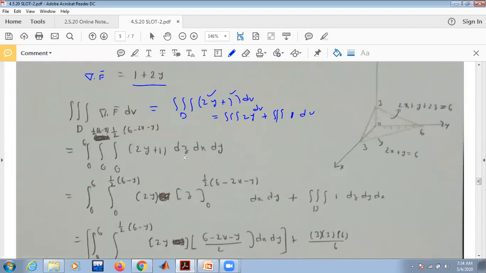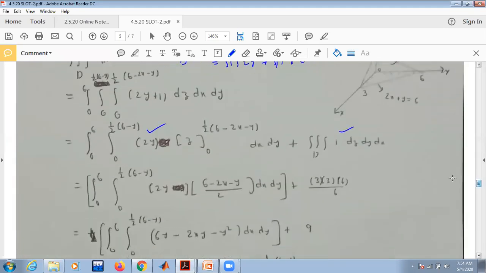So 2y plus 1, I have written as separate integrals 2y and 1, and for triple integral 1 I used this formula abc by 6. So a value is 3, b value is 6, c value is 3. abc by 6: 6 gets cancelled, 3 threes are 9. If you don't remember this value, then simply substitute the limits, z limits, y limits and x limits, compute the integral, and you notice that the value is going to be 9. Okay, and here you are integrating in the order dz dy dx.